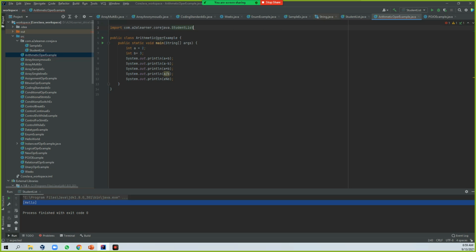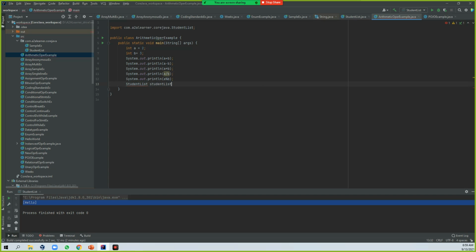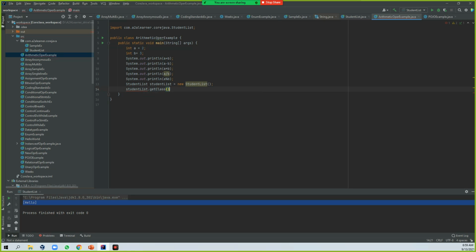Mine is this one. I want to use that particular class. So when you are going to use that, student list, new student list of. Student list dot, what are the methods it has? These are all object related methods. I will cover it after some time, not now.